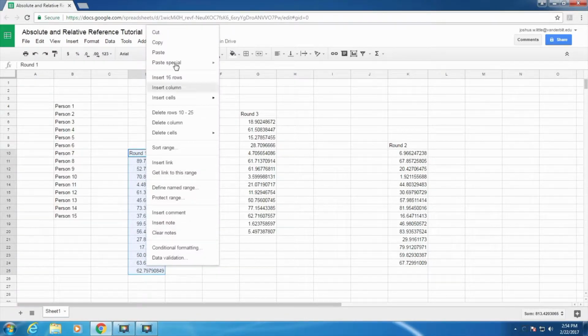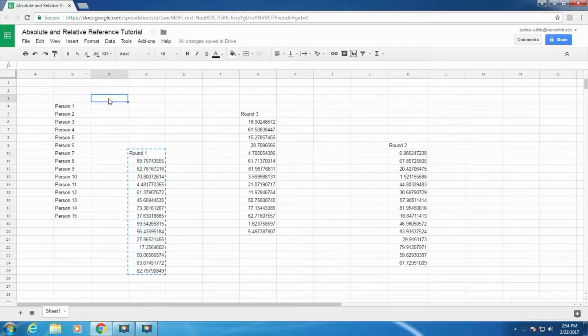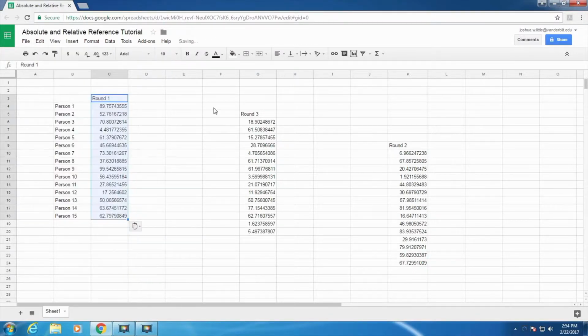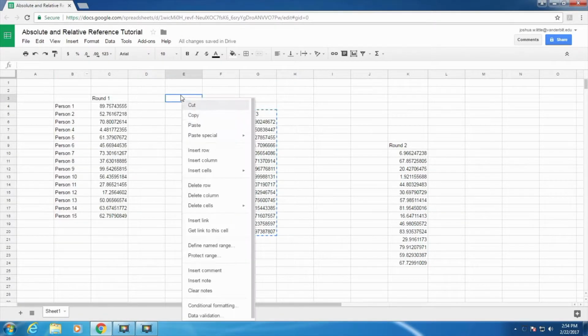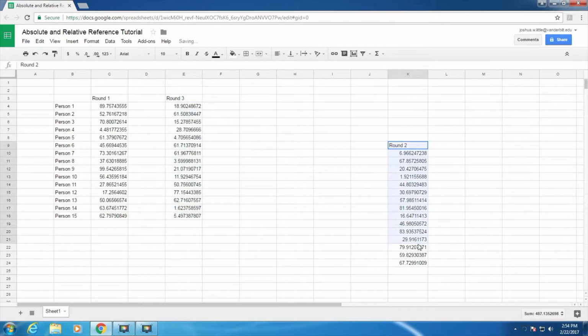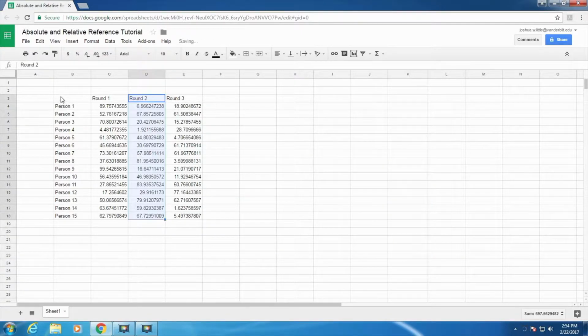So I'm just going to go to Edit, Cut, up here, then Paste, here. Cut, here, paste, here, and then you can click and drag, and that also cuts and pastes. And so,